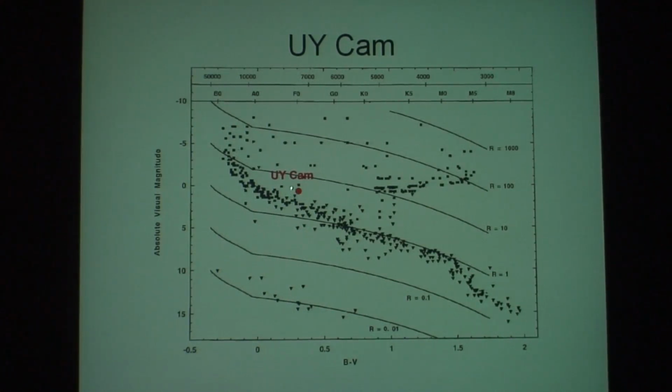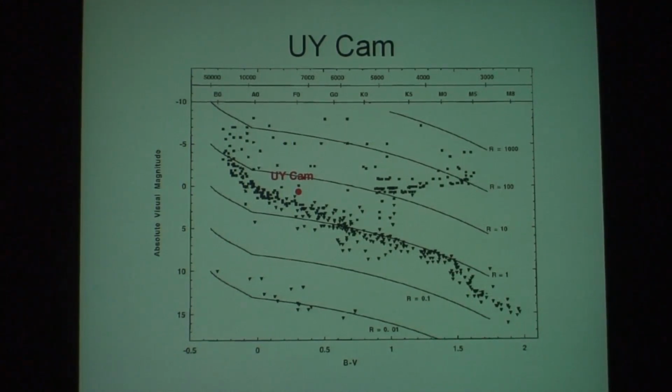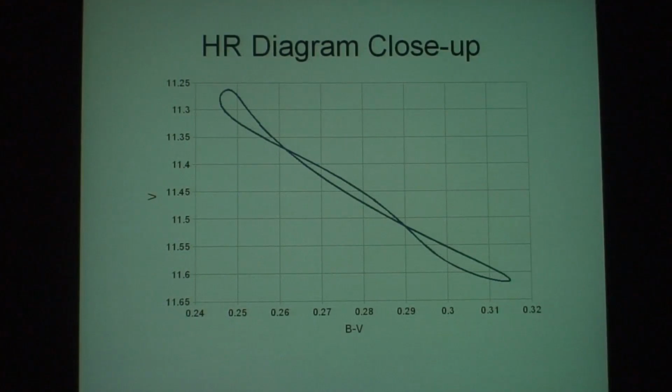The other problem we've got is, of course, the star is actually changing in brightness, up and down. It's actually changing in color back and forth. So why have I got a dot? Well, it turns out that the changes actually, and just coincidentally, are just about the size of that dot. So let's zoom in and see if we can get a closer look at what this star is doing.